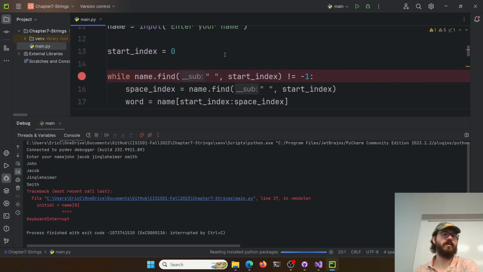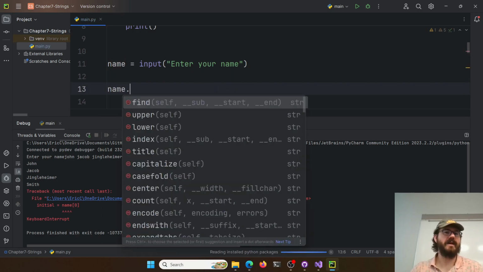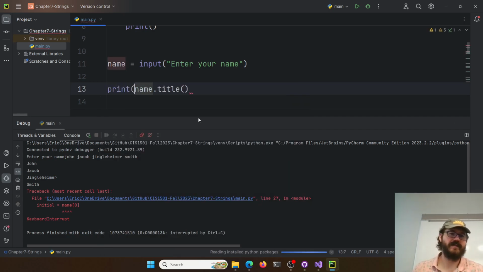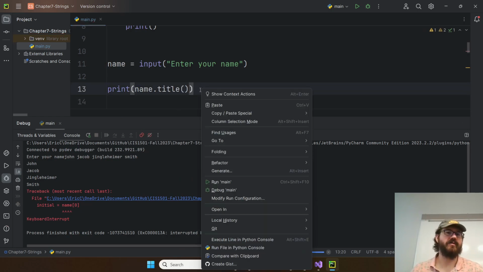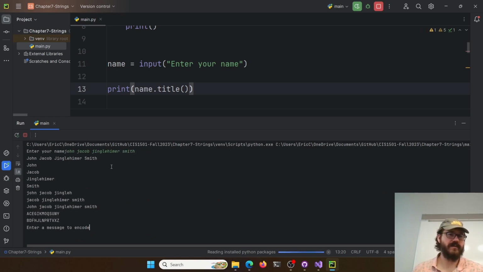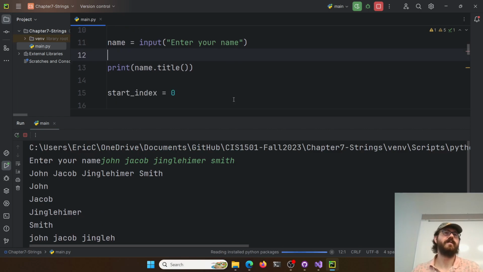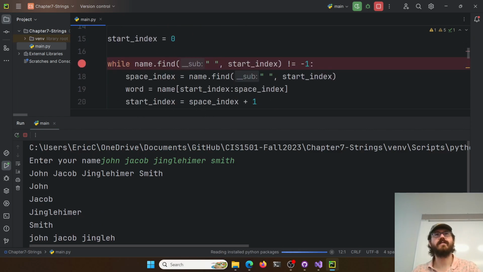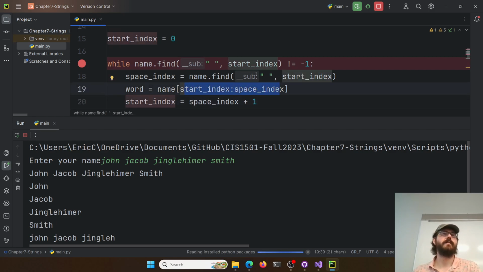Now, you might also know, if you've had any fun here, if you said name dot and you looked at all the things you can do, you can title case it already. Python knows how to do this for you. You can just print out name in title case and save yourself the hassle if you really want. John Jacob Jingleheimer Smith. And you get it all title cased already. Python's fun like that. But if you wanted to do it by hand and practice your substrings, because that's the whole point, right? We're practicing our substrings. We can find chunks and go through chunks and find more chunks. Figure it out that way.